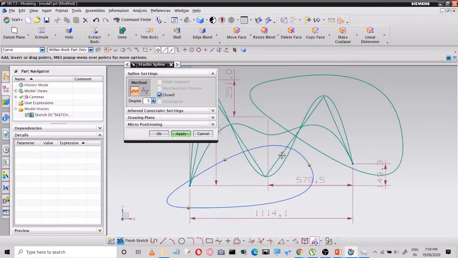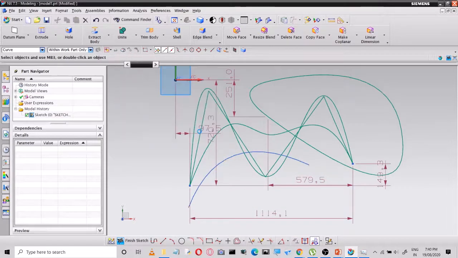One theory is there to study this spline. Now just have an idea: the shape of deflection is controlled by degrees.